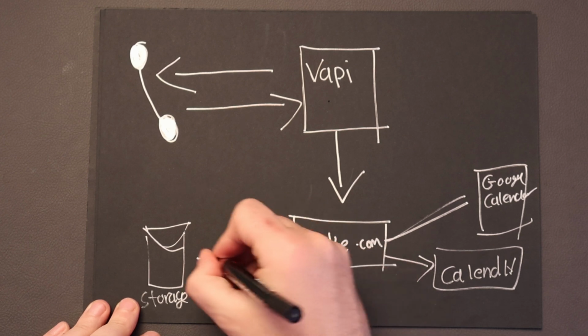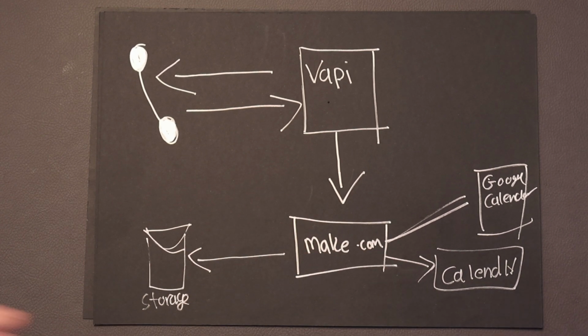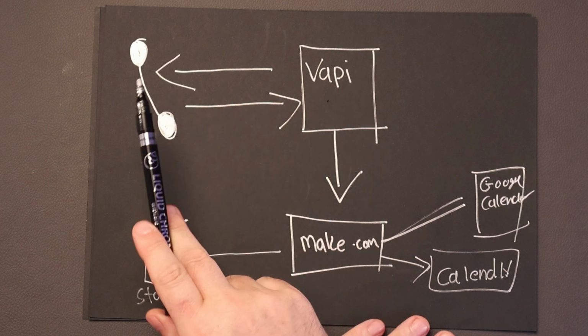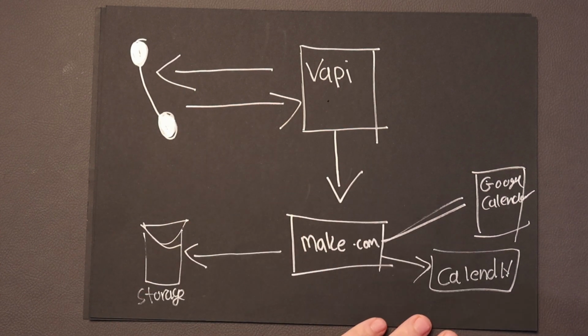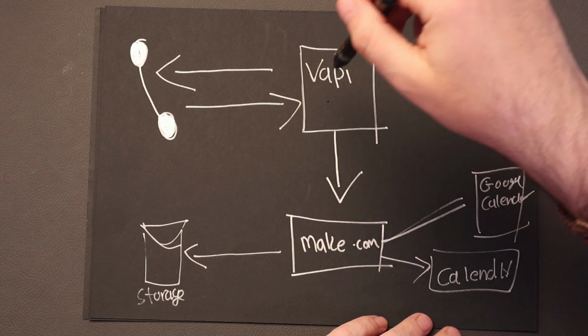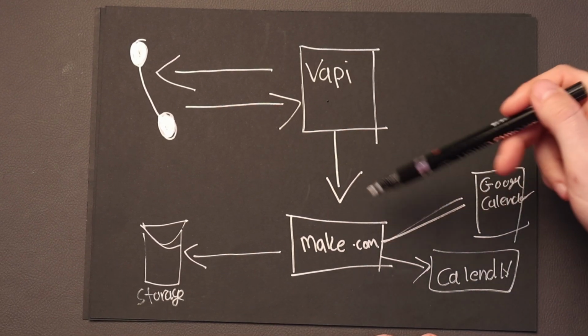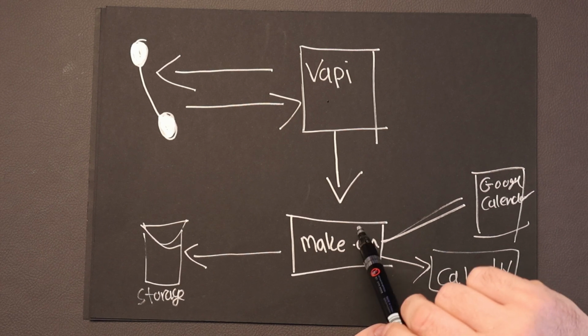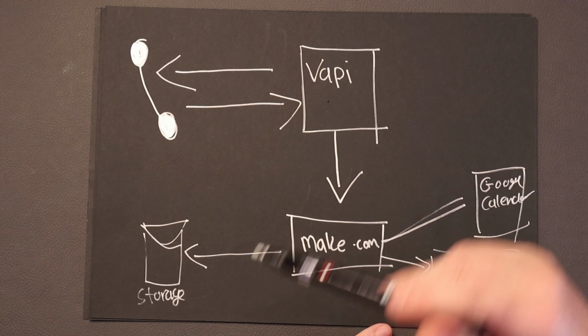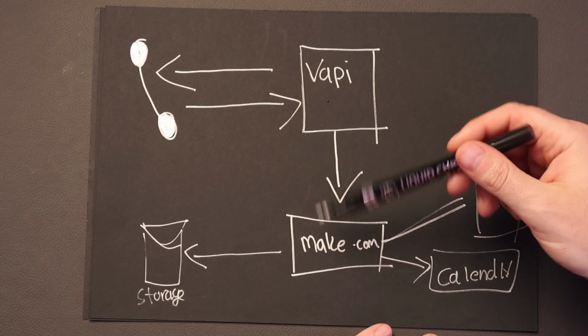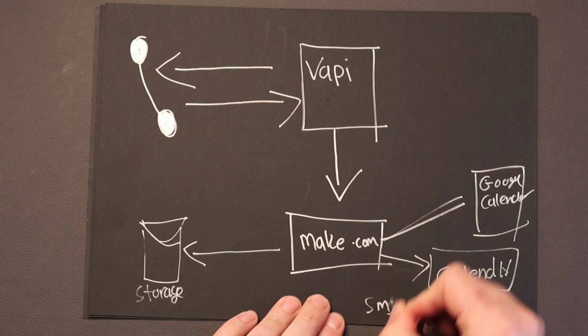If you ever get lost or you're trying to work out where we are as I start to go into the demo, just think back to this image here. So we've got our phone conversation, and that's how we speak with someone on the phone, and they go into Vapi, and then from Vapi we go into Make.com, which is our automation platform, and then it's Make that triggers a different event. So maybe it saves some data in storage or a Google Sheet. Maybe it connects to a Google Calendar to book a meeting or sends a Calendly link. Maybe it sends an SMS, that's another one. Whatever happens, that all happens via Make.com. And it's by connecting to Make.com that we start to be able to incorporate dynamic content or dynamic information.